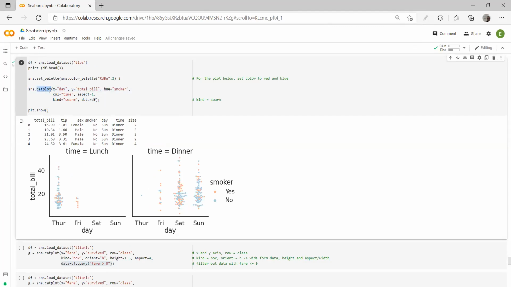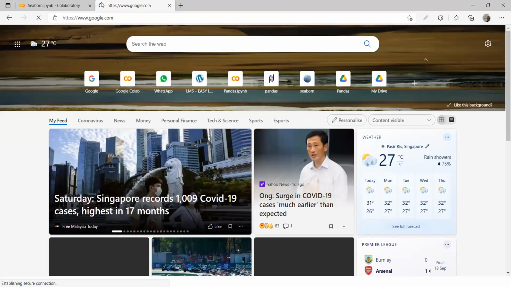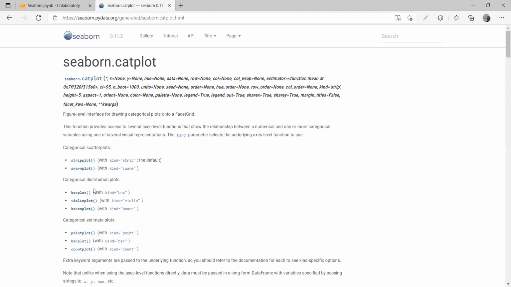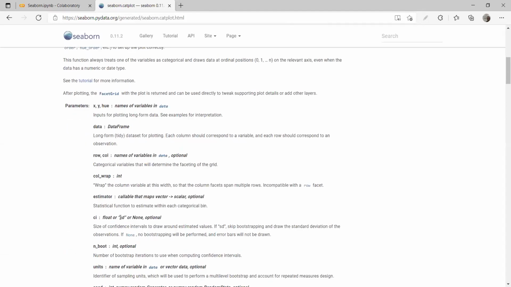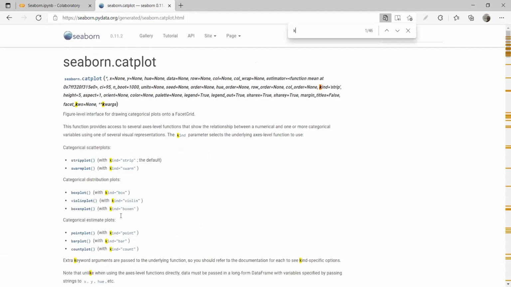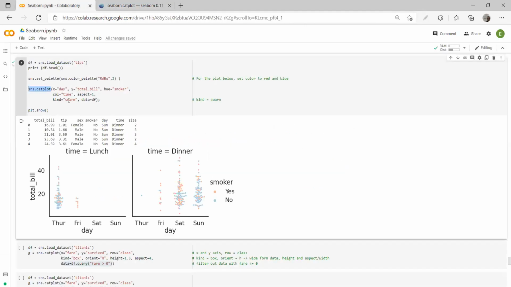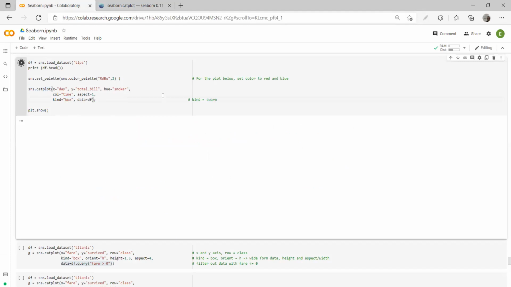Why is this not showing? If you hover the mouse, it should come usually. In fact, it has been coming so far in the previous sessions. But anyhow, you can always go into the Seaborn documentation of catplot and look at what are the different values possible for the kind. Kind. So strip, swarm, violin, box, and let's try with the box. How it shows, right? So kind box.